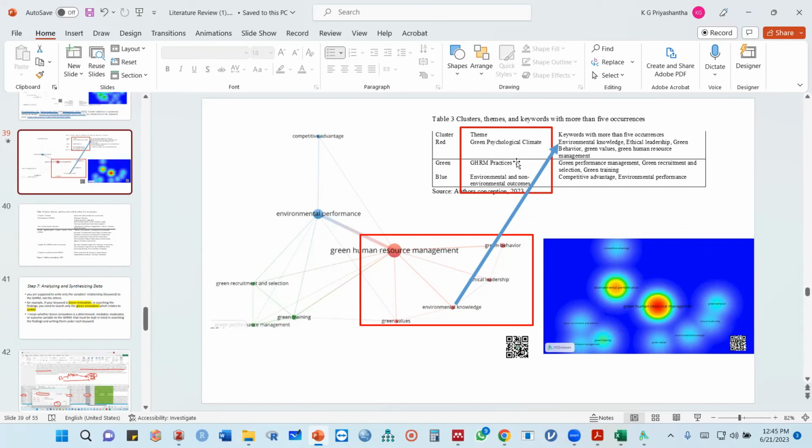Likewise, we can create themes. These are the prevailing themes, right? The red indicates more research. In this, you can see the light blue: all these keywords have been located in the light blue area, which means there is very rare research on these areas. Then we can finally recommend that green psychological climate needs more research,